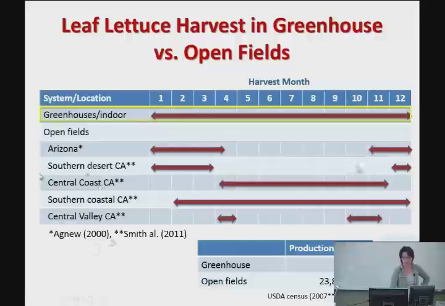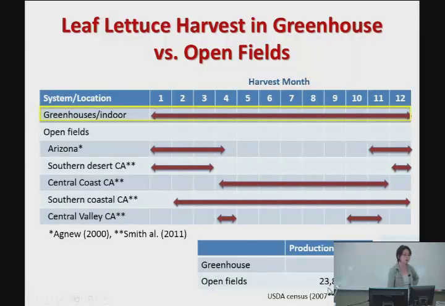In open field, as I said, many places in California can produce, and the longest is, I think, the Salinas Valley on the southern coastal California. Arizona, which is basically Yuma, is winter production. So none of the open-field places can produce year-round. Even Salinas gets too cold in winter, so production has to move to Arizona. But greenhouse can. But if you look at the production area, it's very small,